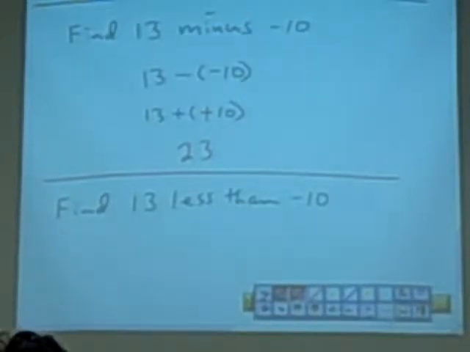Now with less than, that's going to be a minus, but what do we have to be careful of when we're using less than? Less than is like from. If we were to say 13 from negative 10,